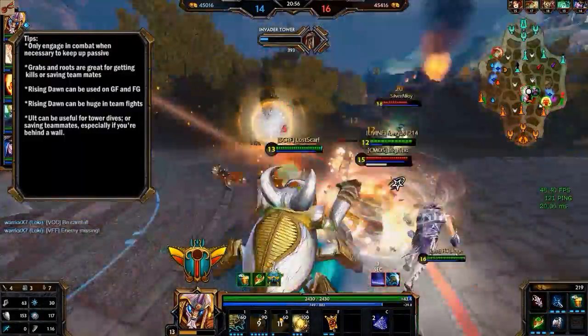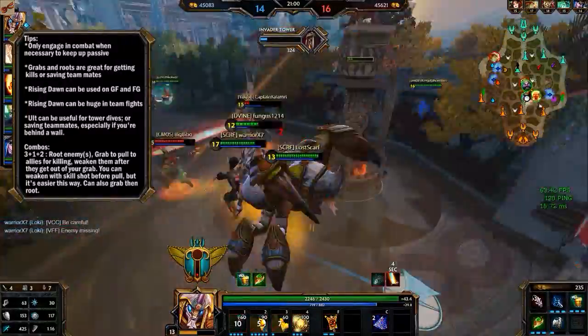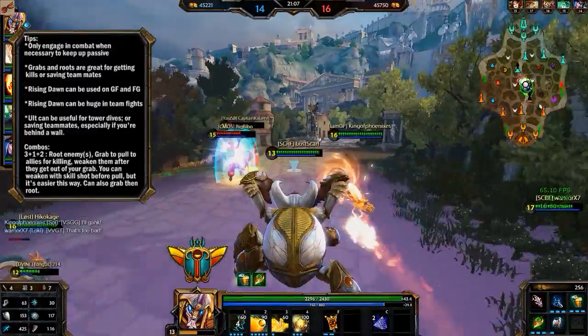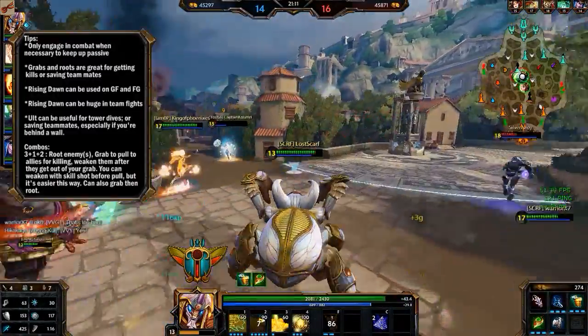Now as far as combos go, it's an interesting mix of your 1, 2, and 3. You can do a bunch of different mixes with them, but I'll just say one because it's a pretty solid one. That is 3, 1, 2. You root a bunch of enemies, or just one enemy at distance, then you grab them to pull them to your allies, and then you use your 2 to weaken them